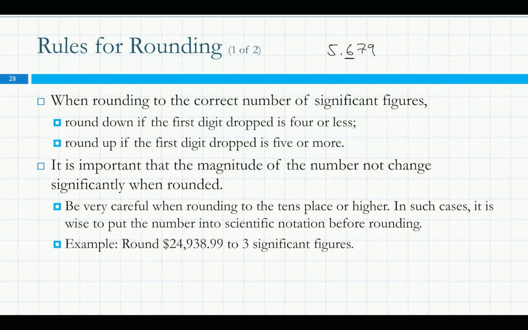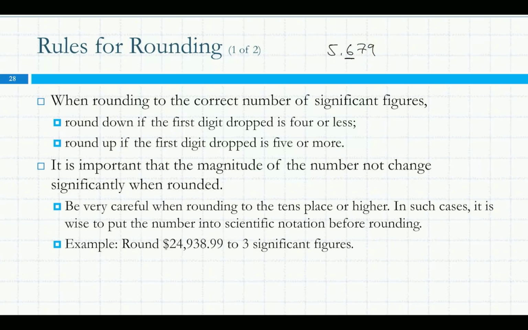We're keeping the 6 that we need to round there. After the 6, if the number is 5 or higher, we round up. If the number is 4 or lower, we round off. We don't try to avoid saying round down, we just drop it. So in this case, because it's 6 and then a 7,